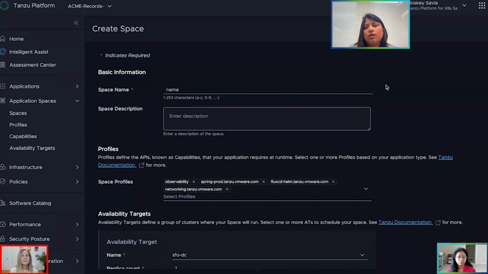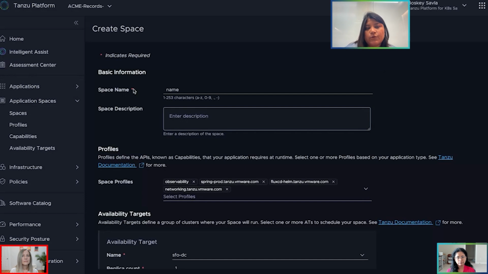Kubernetes will deploy an app, but it cannot then configure dynamic DNS, or it can configure mutual TLS inserts, but then somebody has to manually do that. There's no automated way of doing that. So Tanzu is really automating a lot of those post-deployment capabilities that are needed, or even the prerequisites like Spring Cloud Gateway, etc. So that is the concept of a space, and it has capabilities that you can define